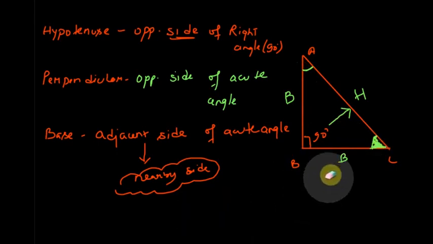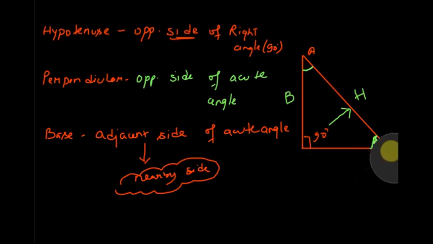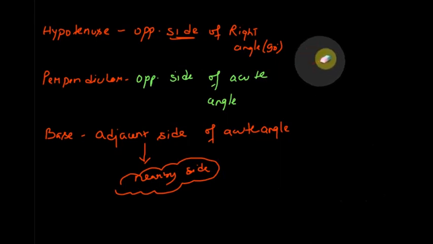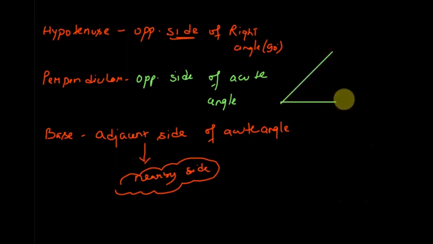So let's revise the meaning of hypotenuse, base and perpendicular using one more example. This will be the last example related to the meaning of hypotenuse, perpendicular, base. Please try to clear all the doubts using this example. Okay, let's see, this is PQR and this is 90 degrees. So what will be the hypotenuse? The hypotenuse is the opposite of the right angle, so hypotenuse is